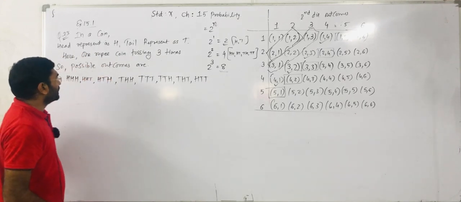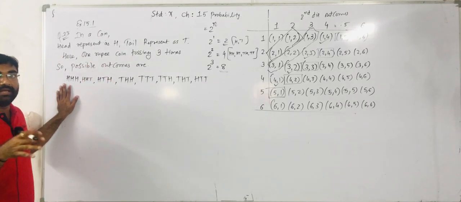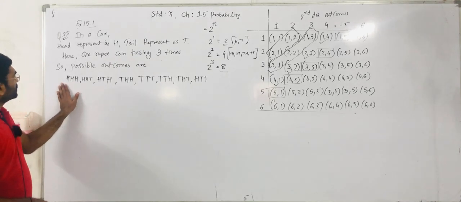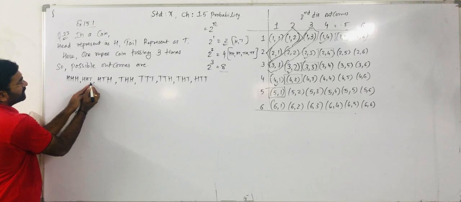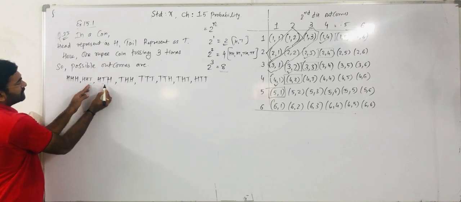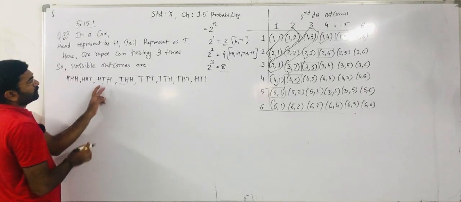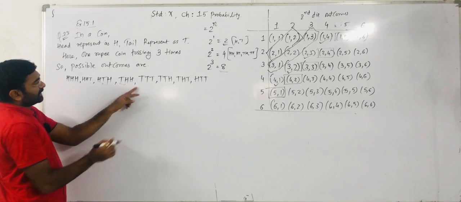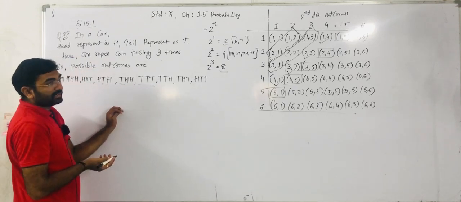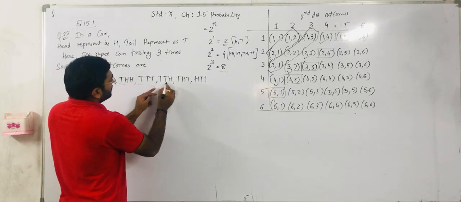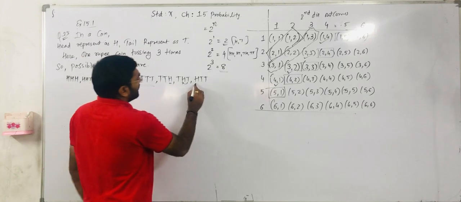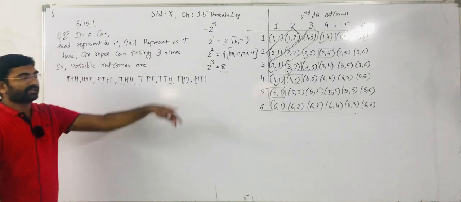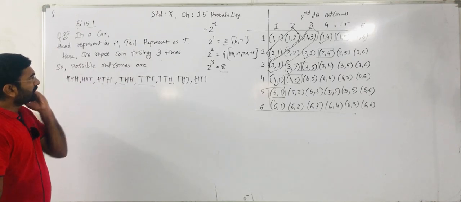How do you remember them? We all know head and tail at one point. So first of all write all heads. Then last you put a tail. Then second you put a tail. And then first you take a tail. Then all 3 outcomes you write as tail. The first 2 as tail but the last one is head. Then you take head, and the first one is head, remaining are tail. Okay, so that way you have to remember.